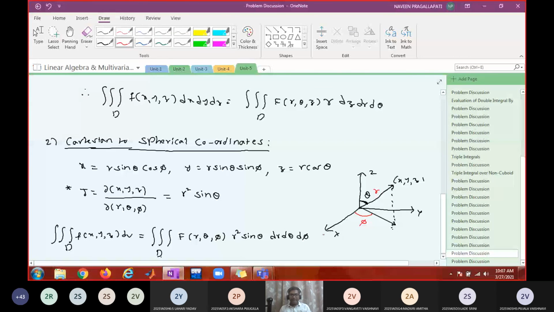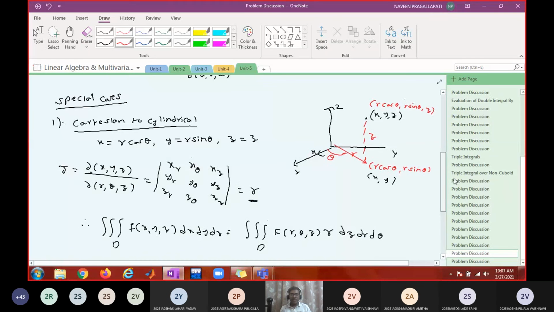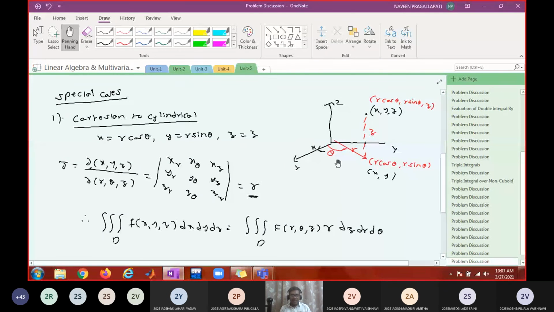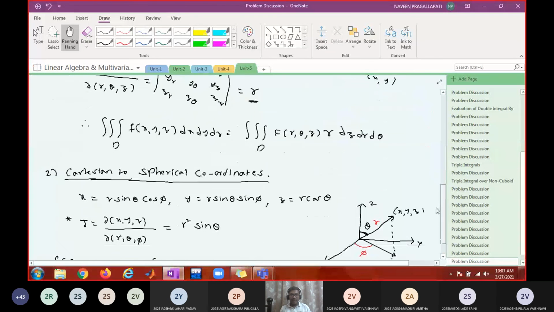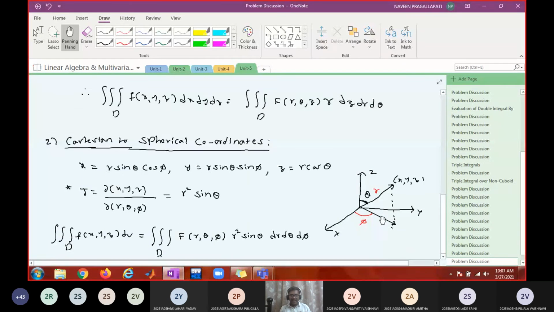So what you do is rotate the radius vector. Previously in cylindrical coordinates, you traversed vertically, but here you will be rotating the radius vector and then moving through an angle. When this is theta, this is going to be pi by 2 minus theta, I guess. So move through this angle, then first you rotate horizontally, then rotate about in space. Then you will reach this point.